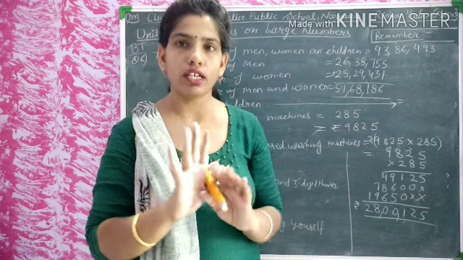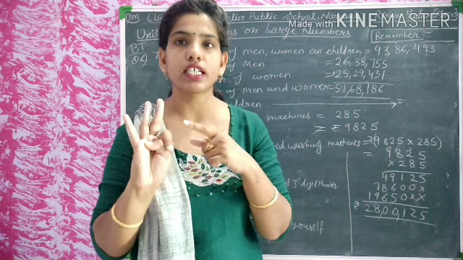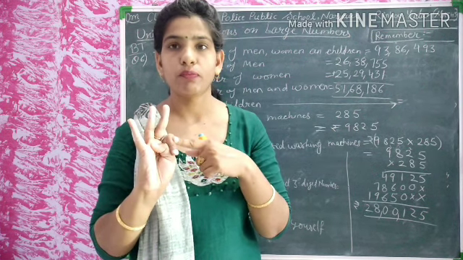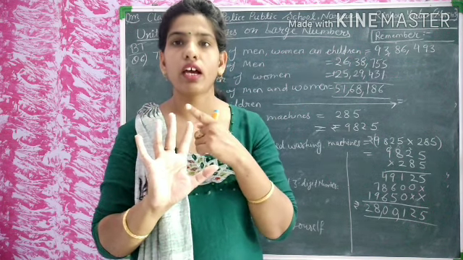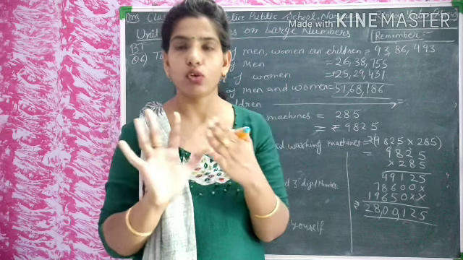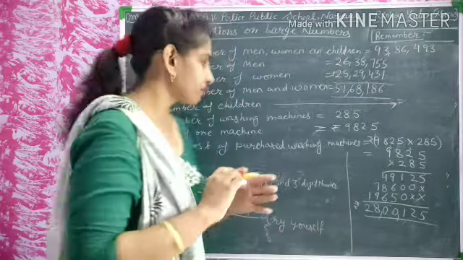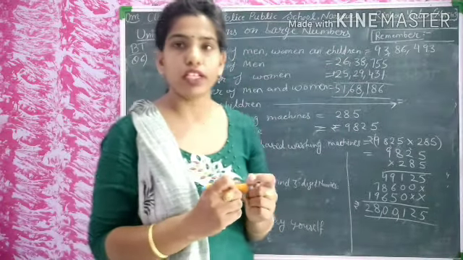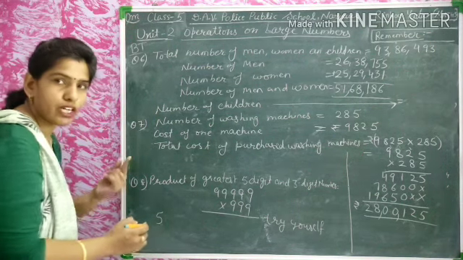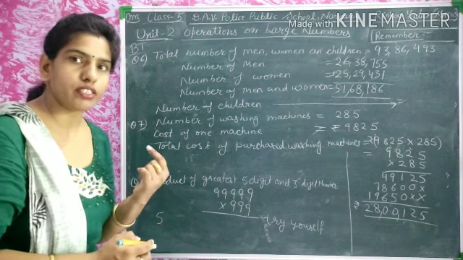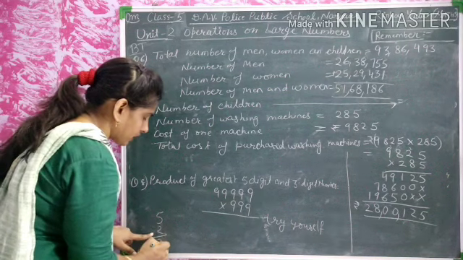Okay students, the total is 5. One man and one woman. How many children are there? 3. Total 5. One man, one woman and some children are there. We don't know how many children there are, but you have to find the total number of children. So there is a total of 5 men, women and children, and there are one man and one woman. Then the total number of men and women is 2. Then subtract 2 from this. 5 minus 2 equals 3.